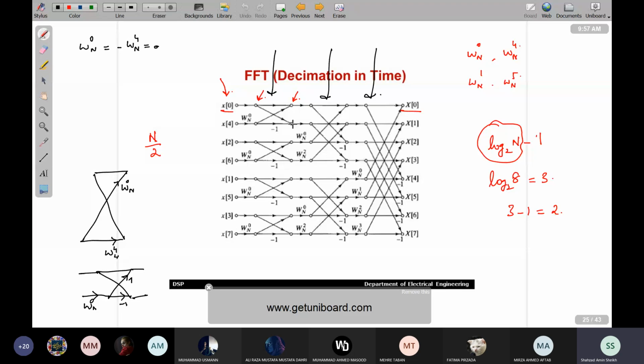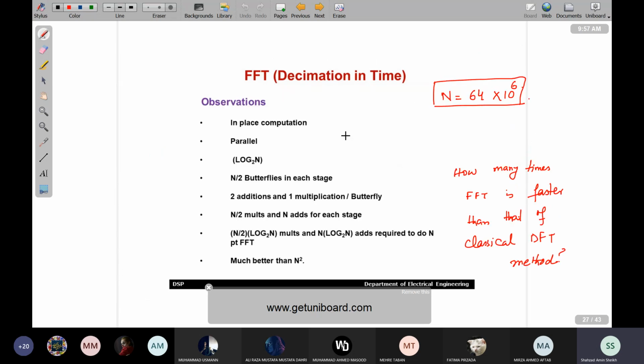पैरेलल है, यू कैन सी दैट इट्स एम्बैरेसिंगली पैरेलल स्ट्रक्चर है आपका, कि जब आप ये काम कर रहे हैं तो उसी वक्त आपके ये काम भी साथ में हो रहे होंगे। सो एवरीथिंग इज पैरेलल इन दिस केस। log to the base 2 n स्टेजेस हैं इसके अंदर, n/2 बटरफ्लाई इन ईच स्टेज है। और हर बटरफ्लाई के अंदर 2 एडिशंस एंड 1 मल्टीप्लिकेशन है। सो टोटल अगर n/2 बटरफ्लाइज हैं तो